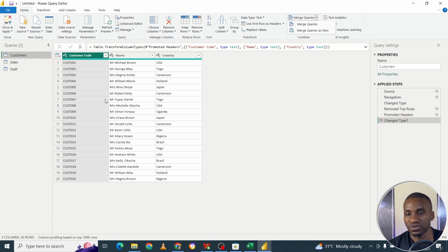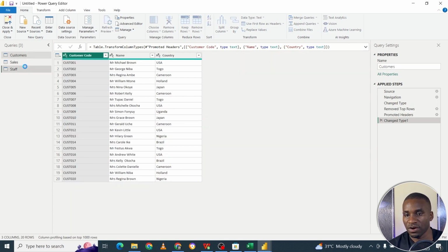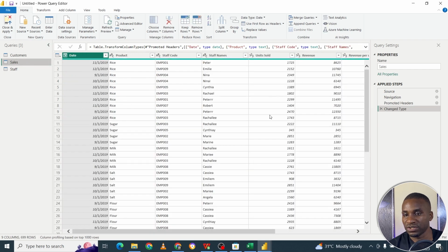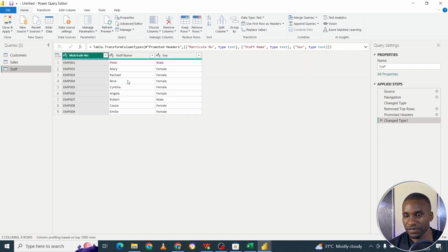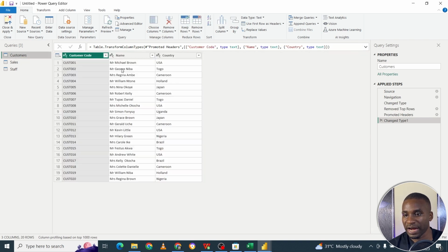But let's just move on to show you how to build the relationship to link these 3 tables and be able to plot charts that say maybe what is the profit or revenue per customer from this table. Or you go here and then you say what are the units sold maybe per staff, or what are the profits or revenue per country coming from this. So without those relationships, you will not be able to link these 3 tables and come up with those multi-dimensional kinds of analysis. So let us close and apply,